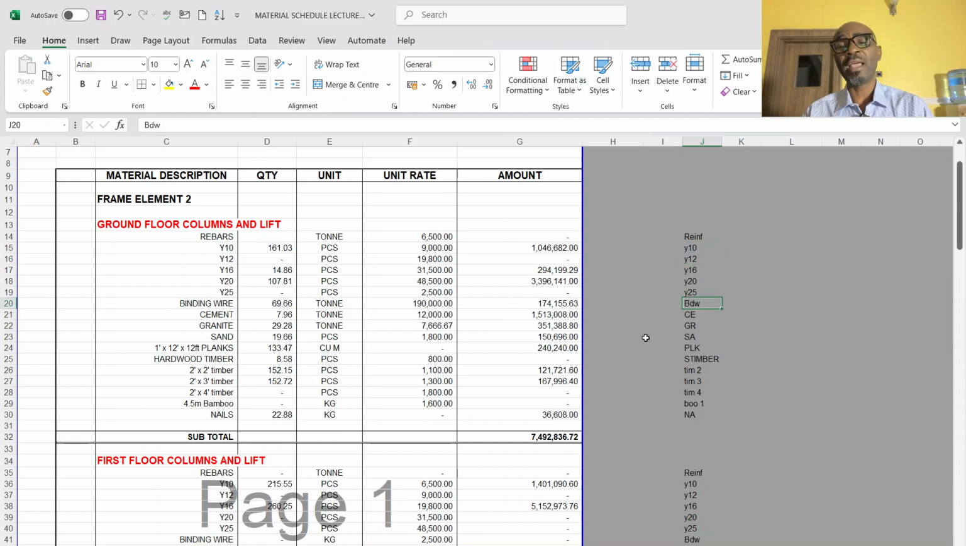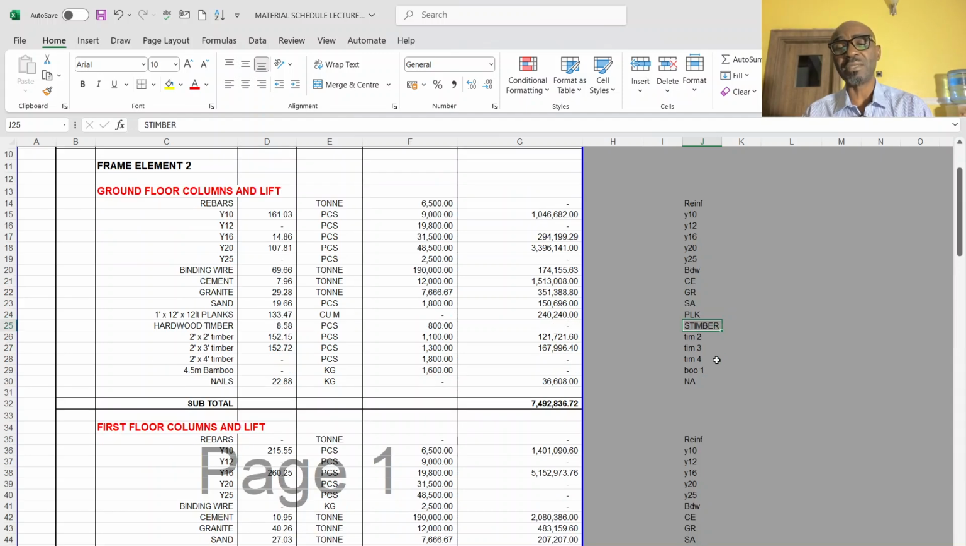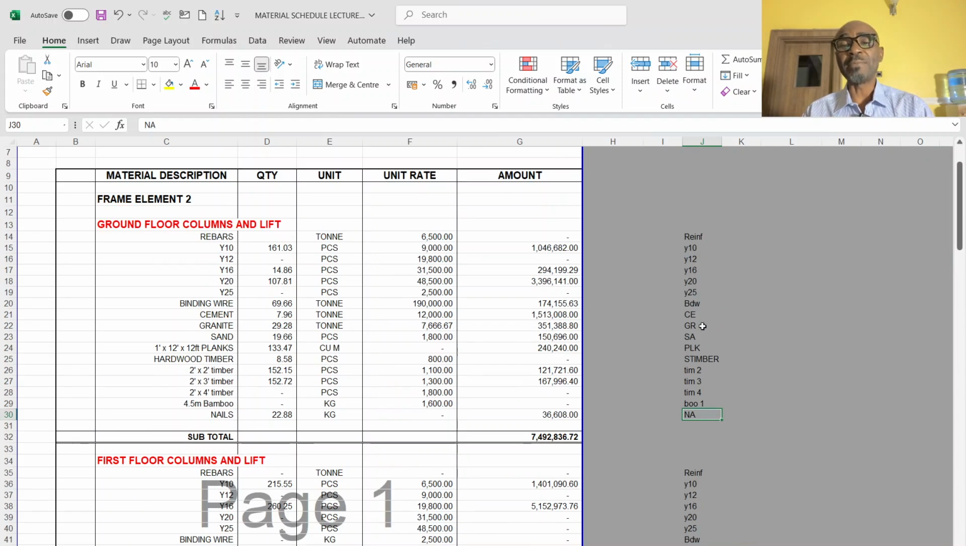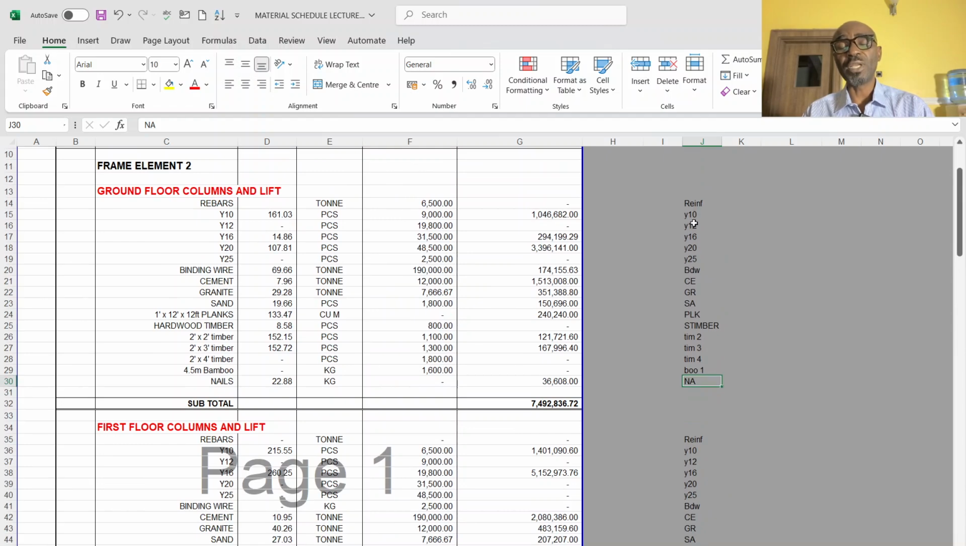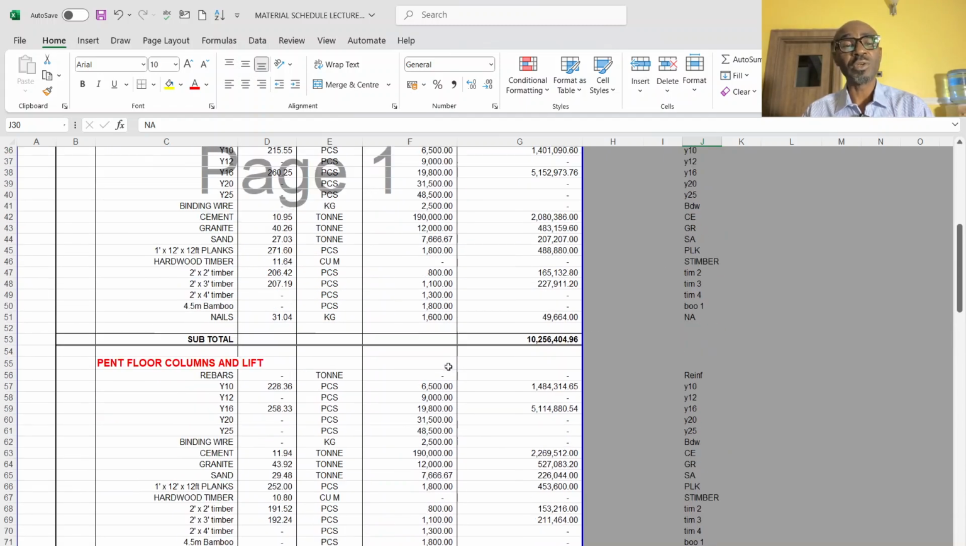Then binding wire, I gave it a unique name of BDW. Cement, I gave it a unique code of CE, granite, GR, sand, SA, plank, PLK, timber, ST. Then the 2x2 timber is TM1, TM2, TM3. Then bamboo is B001. Then nails is NA. So I repeated this unique code for each of these